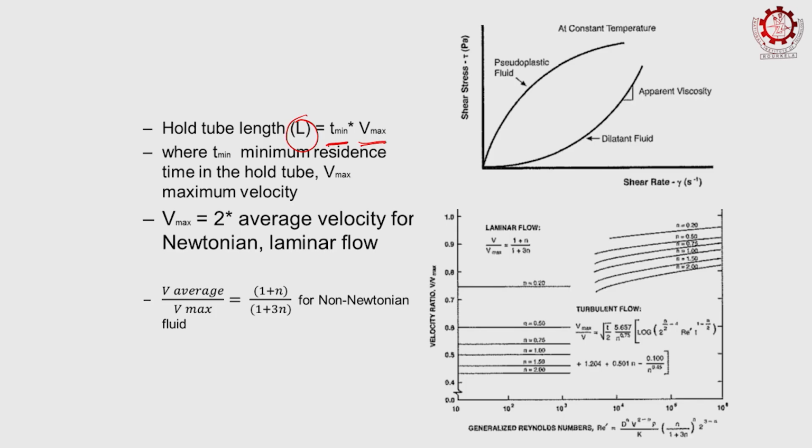Honey and some of these products are called Newtonian fluids. So what that means is, if you plot it, you have a straight line. On the other hand, a lot of the starches, lot of the proteins and other types of products